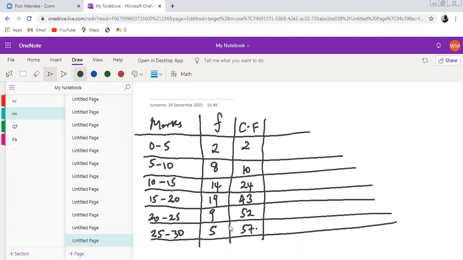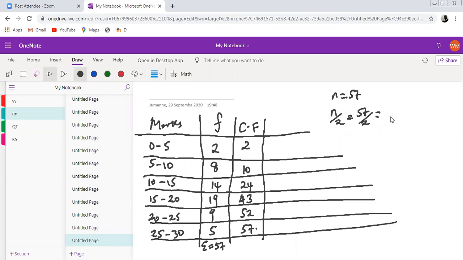So the figure that appears last here is your n. Our n is 57. So locate the median class by doing n over 2, which is the same as 57 over 2,